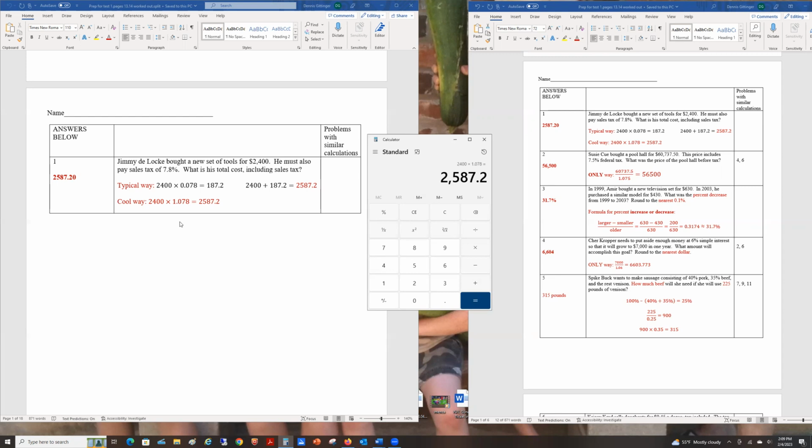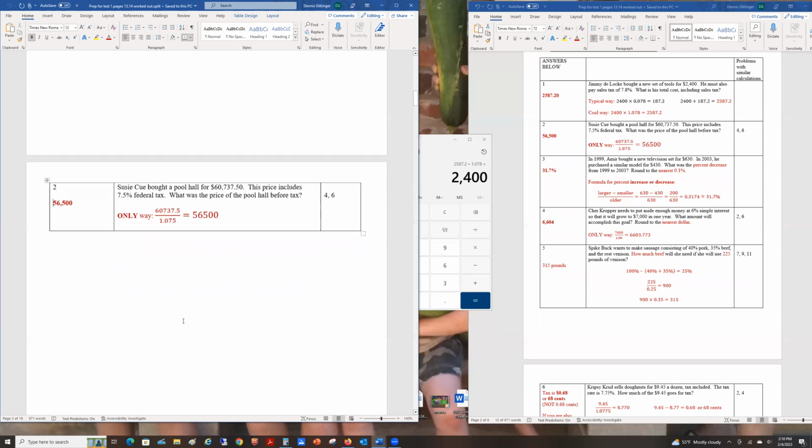The reason we need to know the cool way is this. Sometimes you have a problem where you know what the price is with tax included. How do you get back to the original price if you know that this is 107.8%? Then you would just divide that by 1.078, and that's how you get back to 2,400. For example,